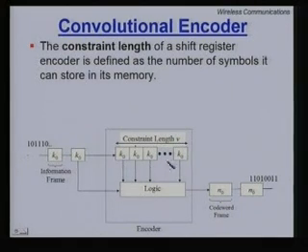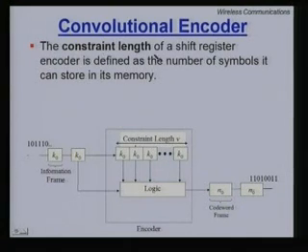Then there is a logic element. Based on this logic, you send out the code word frames. Please note that the code word frame is larger than the information frame. In fact, k naught over n naught represents the code rate. Now, the output, the code word frame, depends on two things: the input frame or the information frame, and the elements in the memory which have certain bits stored inside them. Together they decide what we are going to output.